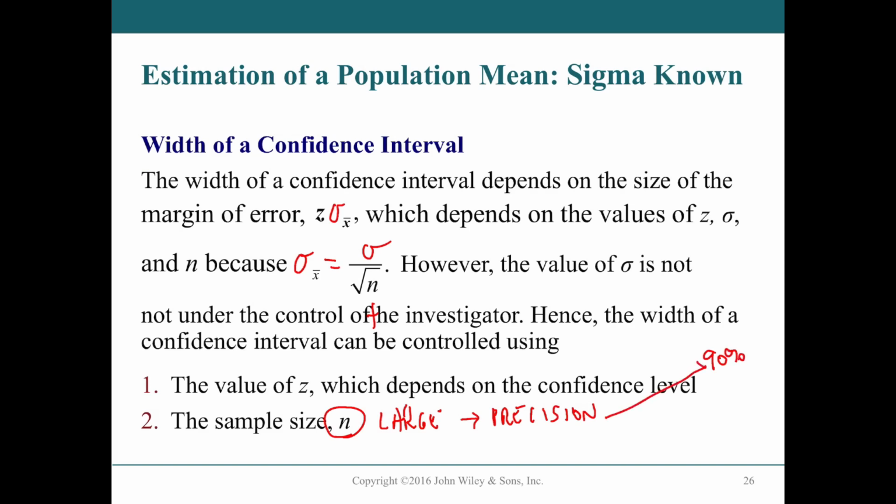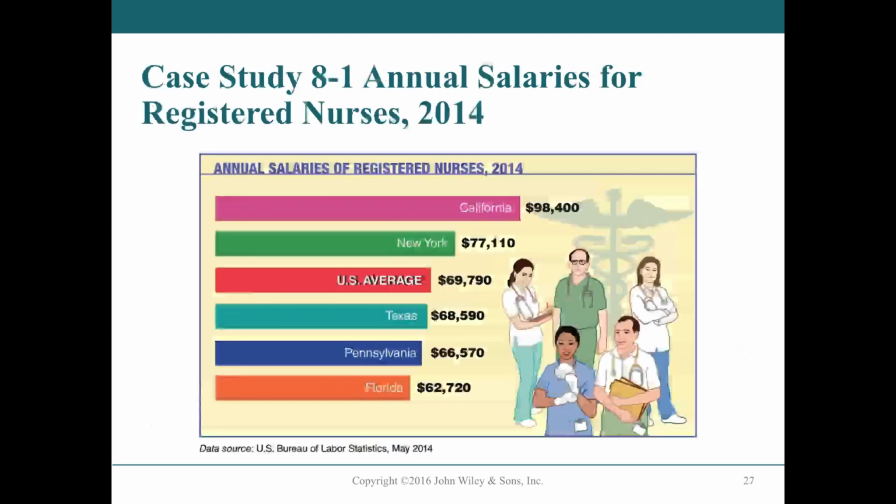Oh, the value of z also depends on the confidence level. So 90% is more precise. If you're looking for precision, 90% would be your choice. But of course, that means you're going to be wrong 10% of the time, and you have to just sort of judge it. These are typically not life and death situations when 90% is used. Life and death is exaggeration in most cases, but if that were the case, you'd want a 99%er, which does not increase the precision. It's just the opposite.